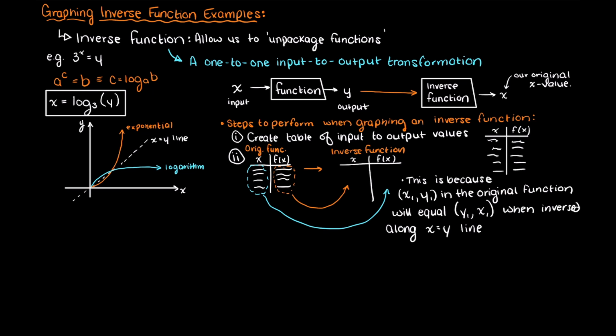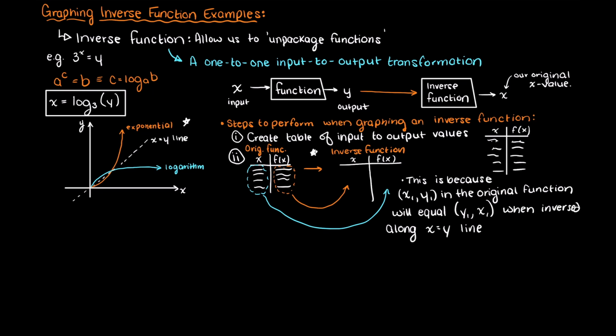Just as a quick note, if you are given a graph and we are told to draw the inverse function, all you need to do is draw a line at x equals y and mirror the function given to you, like so. Whereas if you are given a table of values like so, all you need to do is swap the inputs and outputs like so, and then this will give us a table that we can plot easily. In my examples here, I will also show you how to find the inverse function like we talked about in a previous video, and prove that we can just mirror the information in the graphs here.